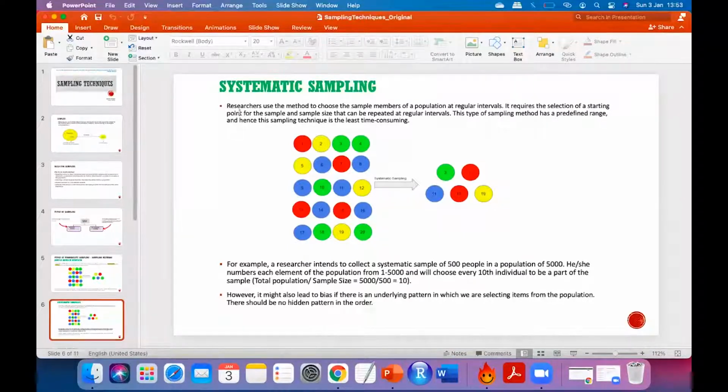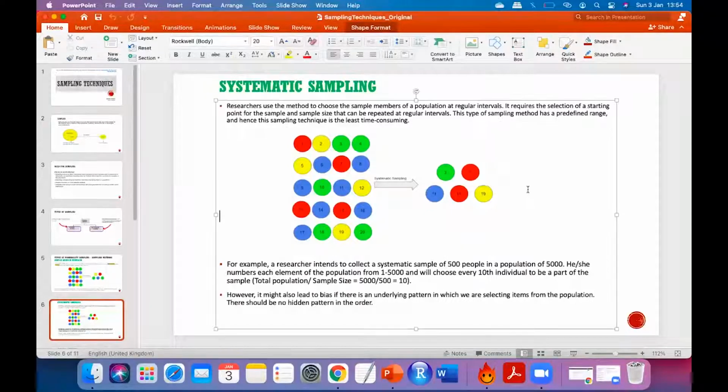Now what I'm saying is, as the name suggests, we will systematically pick the ball, correct? Let's say randomly I have selected a ball of the 3rd number, right? And then, if 20 balls are there and I have to select 5, so 20 upon 5, what is the number? 4, right? Every 4th ball I can select. So if I have selected 3rd, I'll select 7th, and then 11, then 15, and then 19. So I got 5, I can stop there. So that is called systematic sampling.